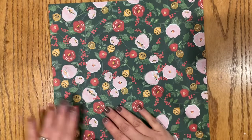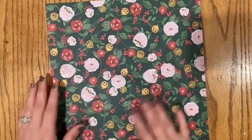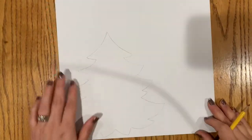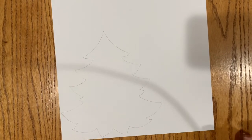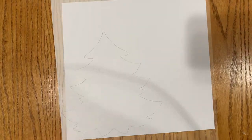So like I said, my idea is to just draw a silhouette of a tree and then cut it out. So I'm gonna go ahead and do that, and I will see you back in just a second. Now that I have drawn the outline of my tree, I'm just gonna go ahead and cut it out. And I apologize immensely for the horrible shadow on the paper. Probably shouldn't have done this tonight, but